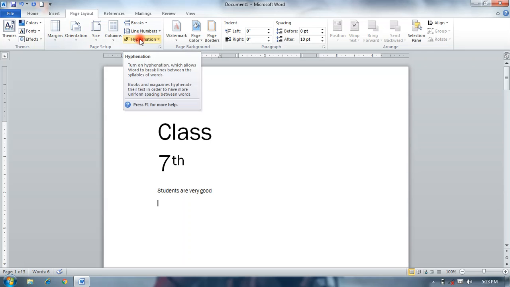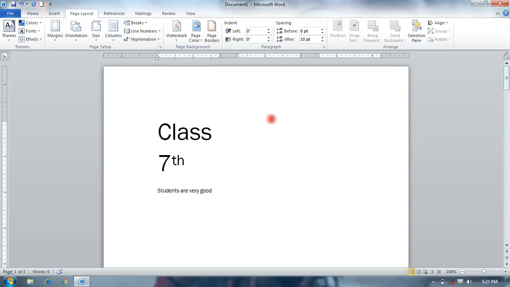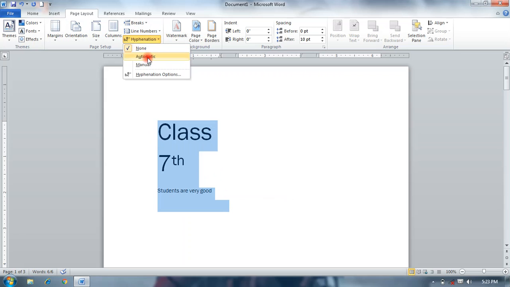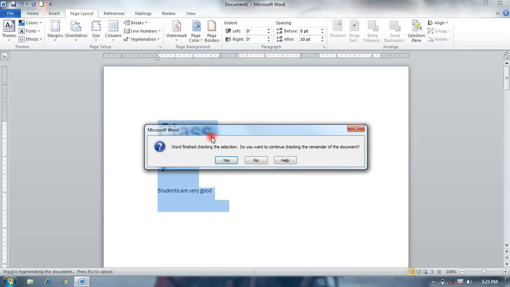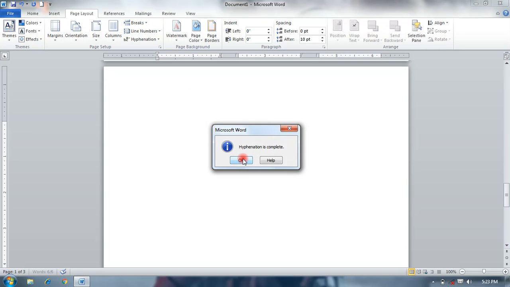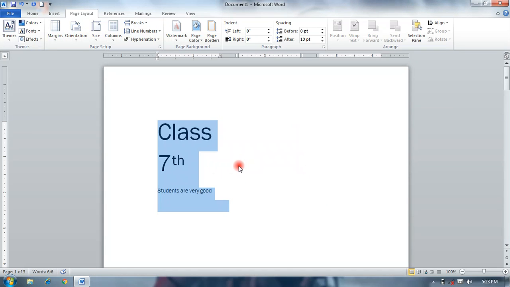It provides the space between two or three words. If you select and give hyphenation, so okay.